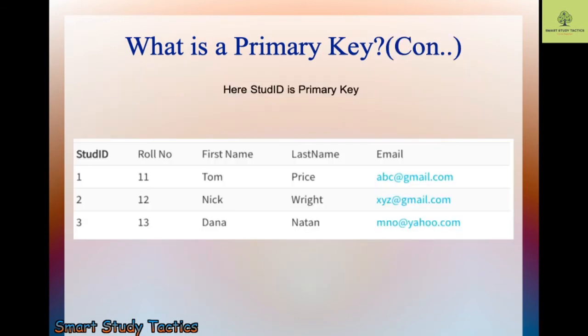Okay, so here is an example for the primary key. A primary key should be unique, as your Aadhaar card number is unique, your phone number is unique, your driving license number is unique, your PAN card is unique. Wherever you have unique details, that key value can be considered as a primary key. So here student ID is a primary key. I can take the roll number also, because all the students have different roll numbers, it cannot be the same. So I can take these numbers also.